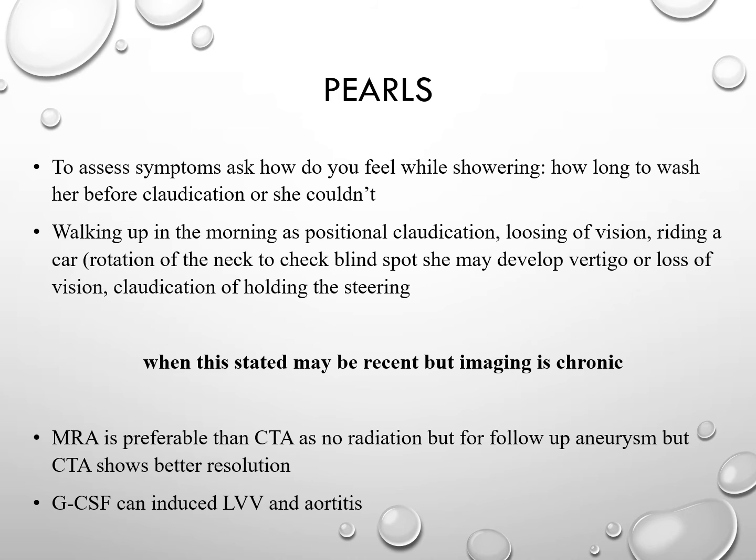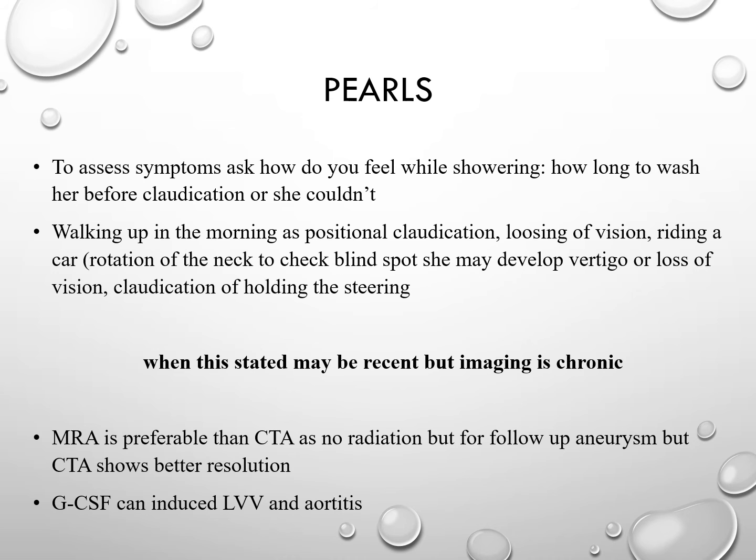The point in Takayasu arteritis is that when those patients are examined with MRA or CTA, you will find chronic findings. So it's important to take a detailed history for those patients. You should ask them about their daily activities, like symptoms related to showering and bathing, whether they have claudication pain at the end of a shower, or while driving, specifically for long distances, claudication from holding the steering wheel,